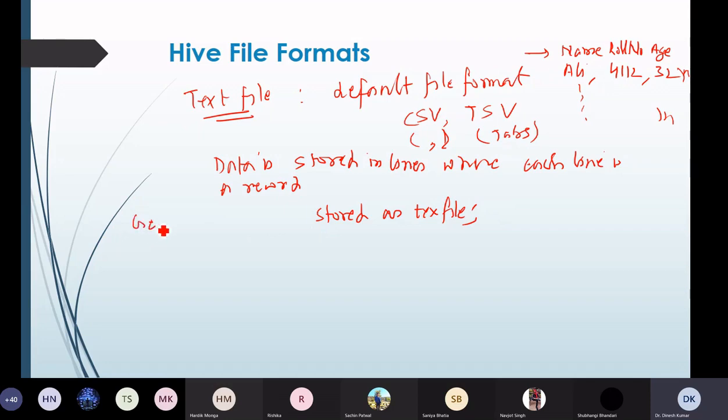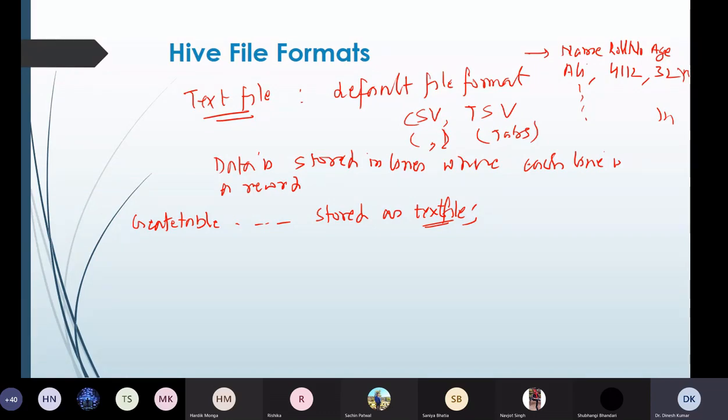So here we will write create table, like this, and then we write stored as text file. That means we are going to create a table and store it in a text file.